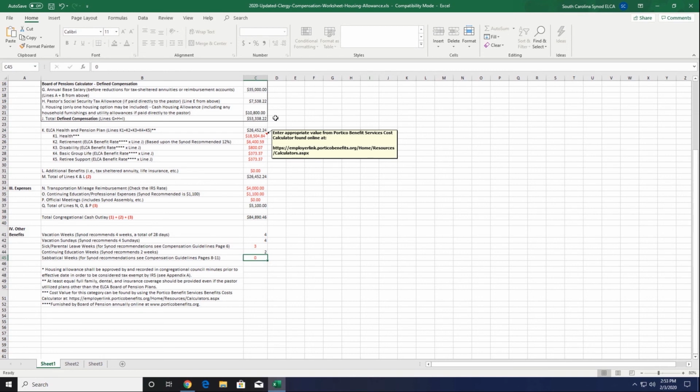So just to let folks understand that this number may seem a little higher than what they're expecting, but that's because you're including in that health, pension, all those different parts, mileage reimbursement, continuing education, every single thing that the congregation would actually have as a part of that pay package. So just to warn you that if somebody says something about that number, that maybe that's a little bit that you can help to explain that to them.